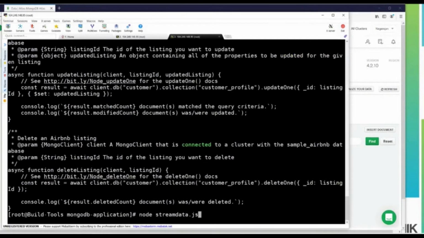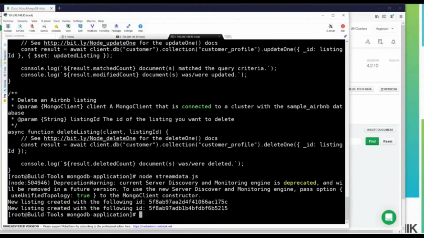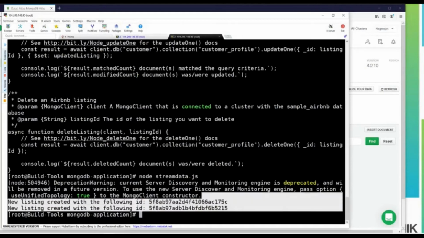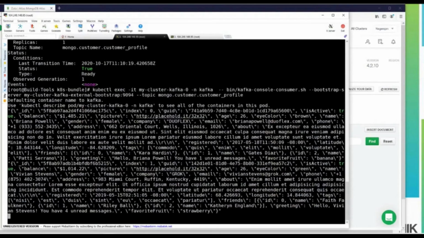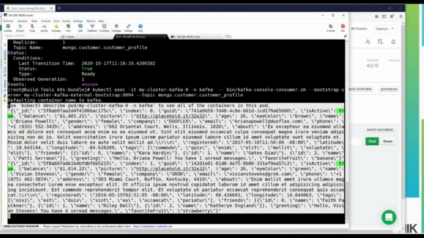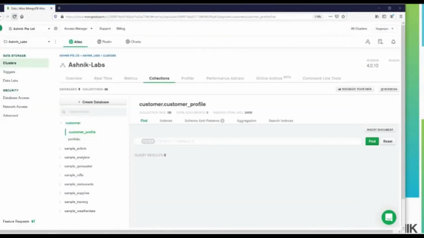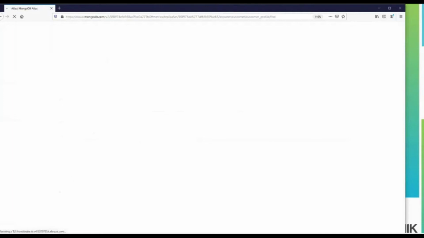We can see a couple of documents were created, and in Kafka we can see the topics which were generated. Let's go back to MongoDB Atlas and make sure that the documents are created in our collection.